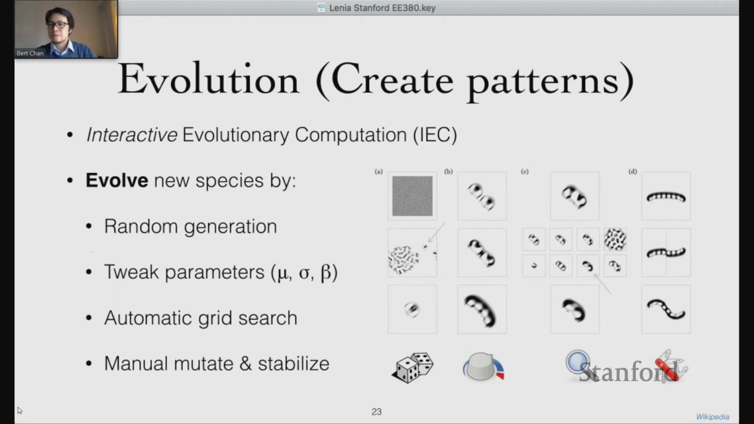Evolution here means how we can create new patterns or life forms in this virtual world. The term is called iterative evolutionary computation, or IEC. It's a process to manually simulate natural selection, like mutation, selection, or reproduction. There are several ways to evolve new species. In my experience, we can